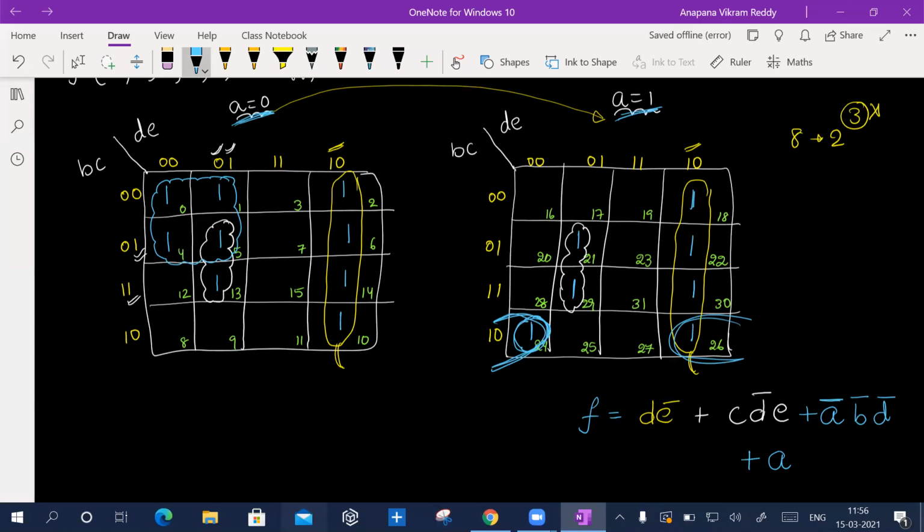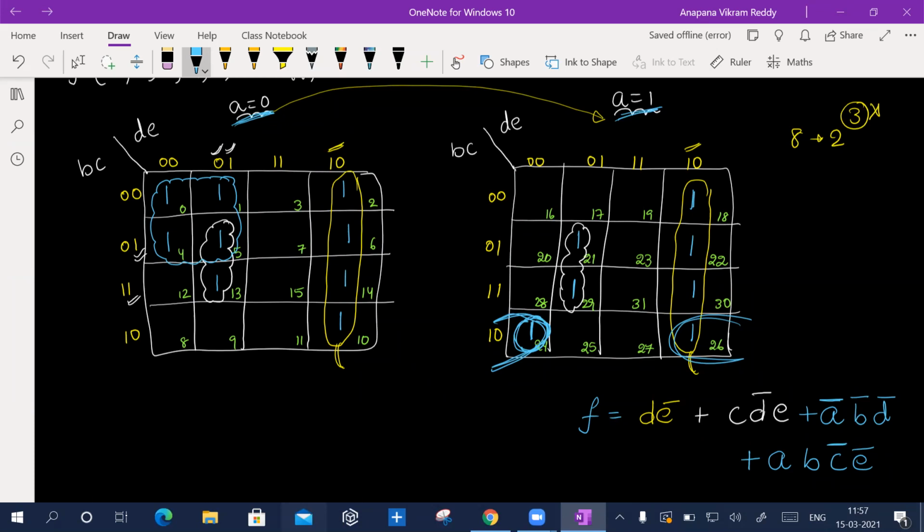Now what is the answer here? A, B, C complement and what? And E complement. That's it. See, for a single K-map, whatever properties you have, whatever operations you can do on that, you can do that for every K-map. So whether it is A is equal to 0, A is equal to 1, doesn't matter. You can fold. You can't take a single like this. You can do whatever you want with a K-map.